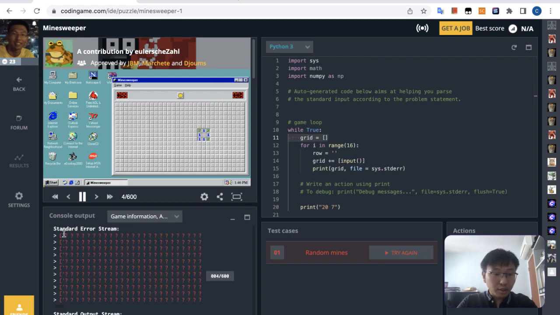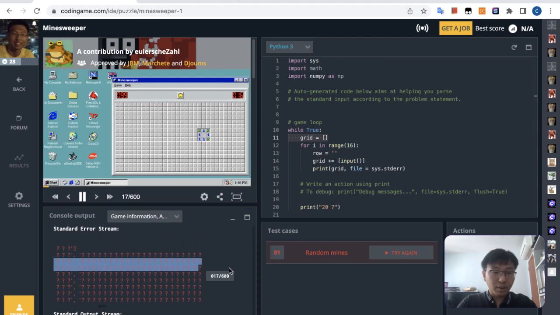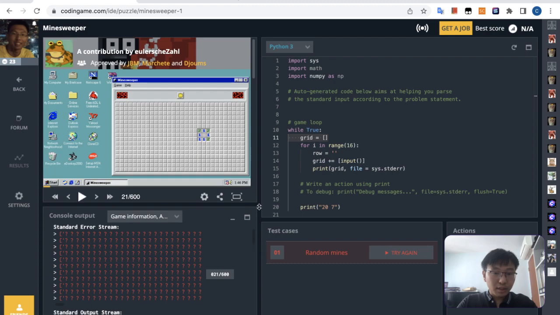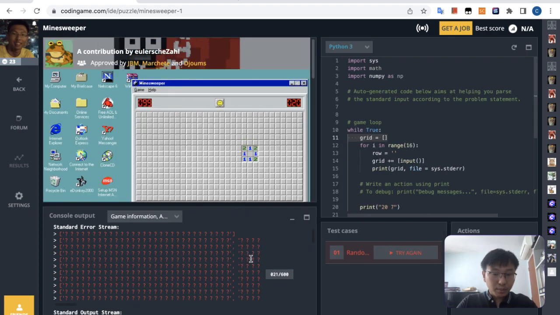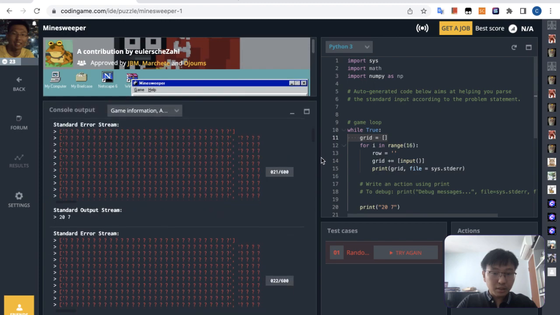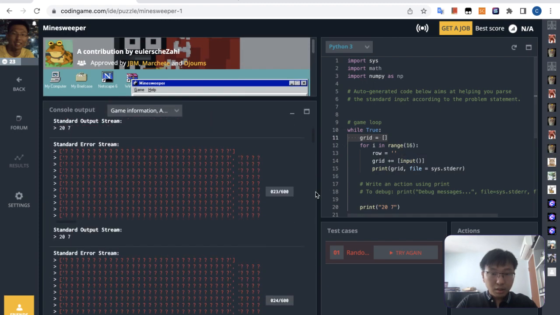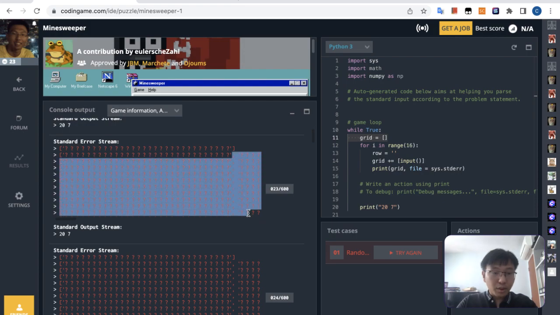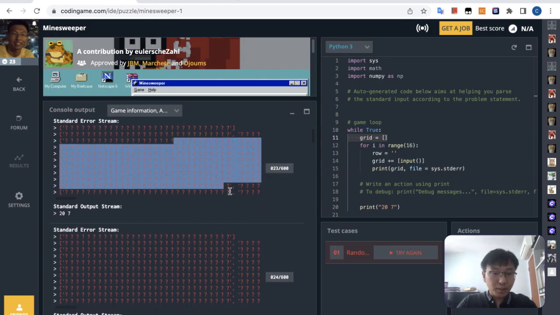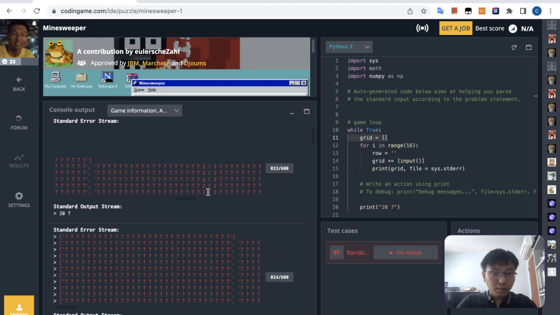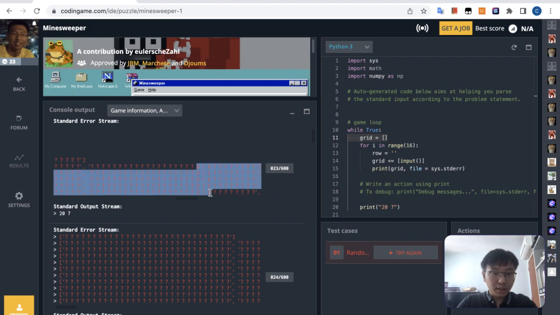So it prints out question mark, question mark, question mark. Okay, very good. So in order to reference a certain cell, I can just index the grid, like grid 0 1 or something like that. Now everything is a question mark except... let me just pause this for a while. So now everything is a question mark. Let me just expand this. Okay, it's not very well displayed, but you can see that everything is a question mark here, except for this part here that is 2 1 2 1,